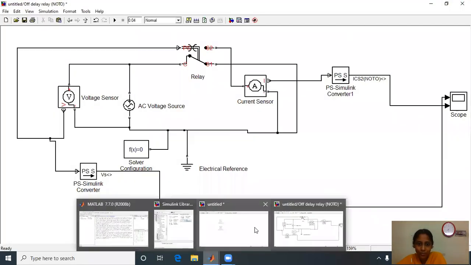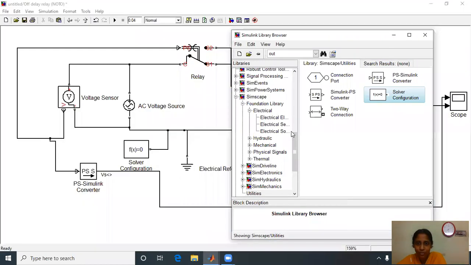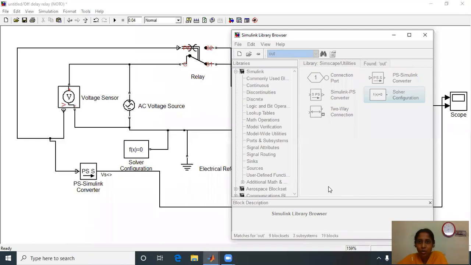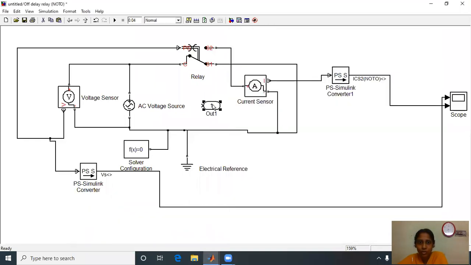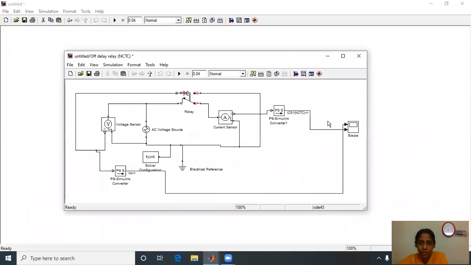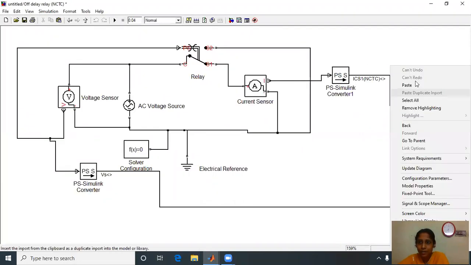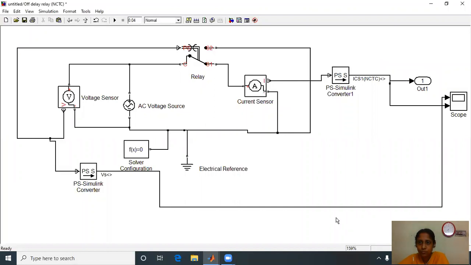Now for having the comparative study on the single window, I am taking this output port, one for this current, one for current here, one for voltage, for having the better understanding on the single window.